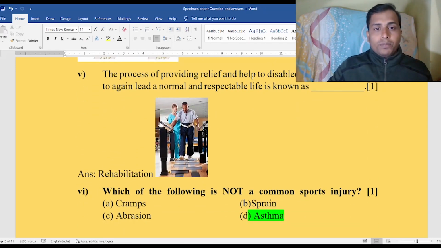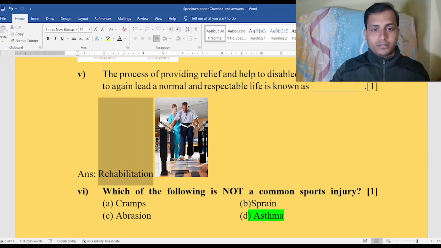Now, next question is: the process of providing relief and help to a disabled or an injured person to lead a normal and respectable life is known as, the answer will be rehabilitation. As you can see,